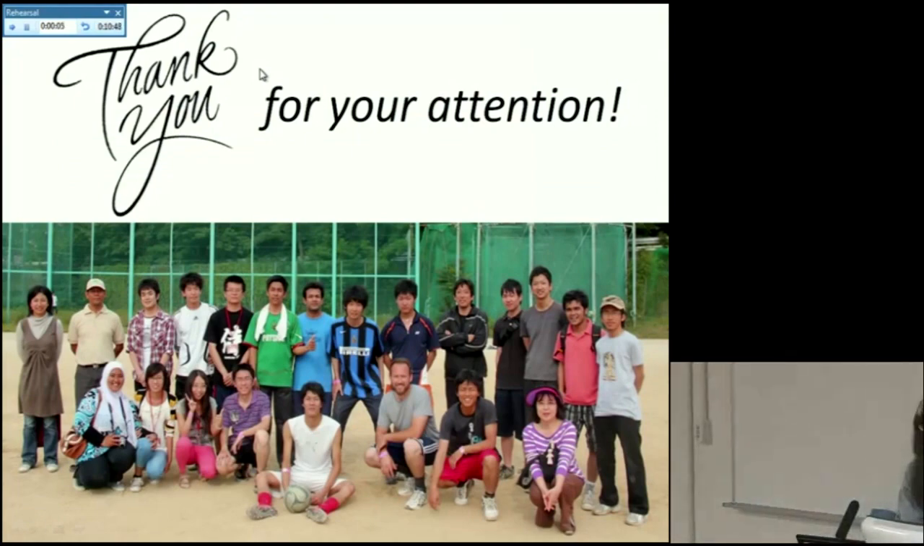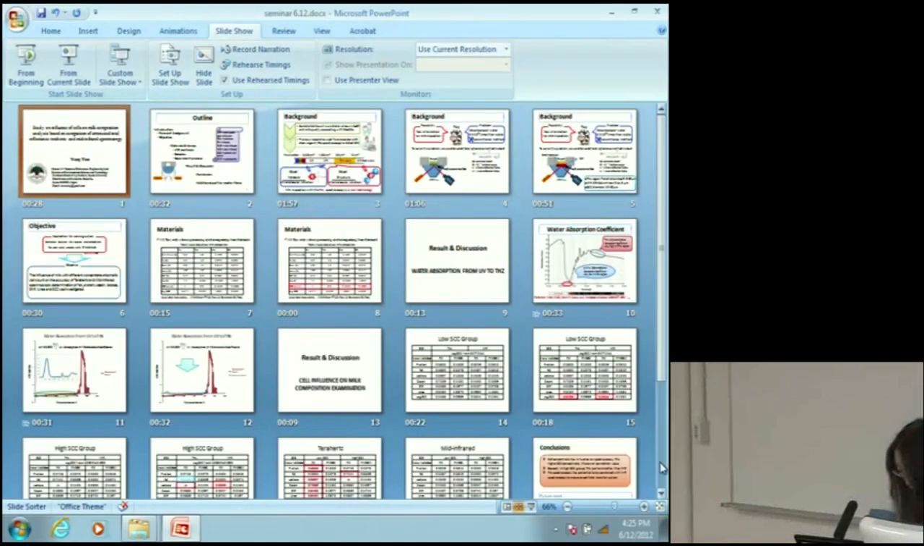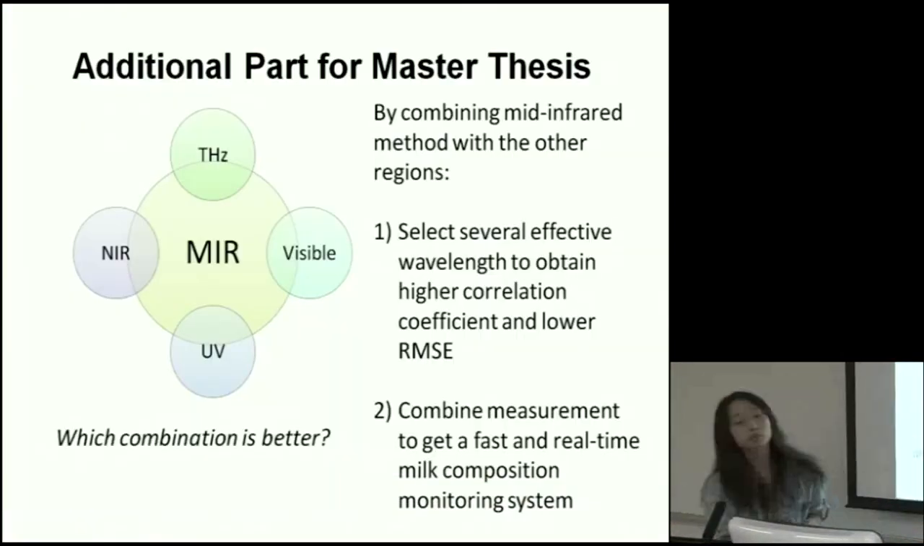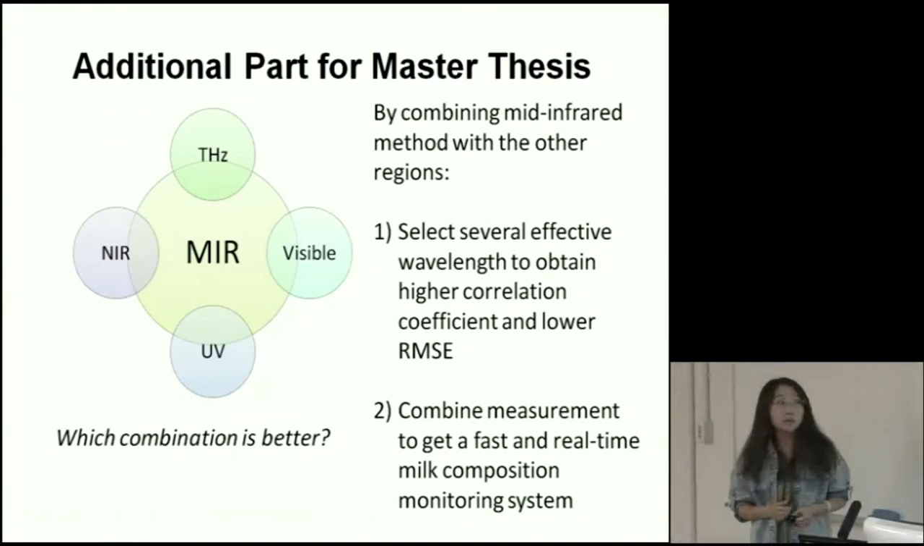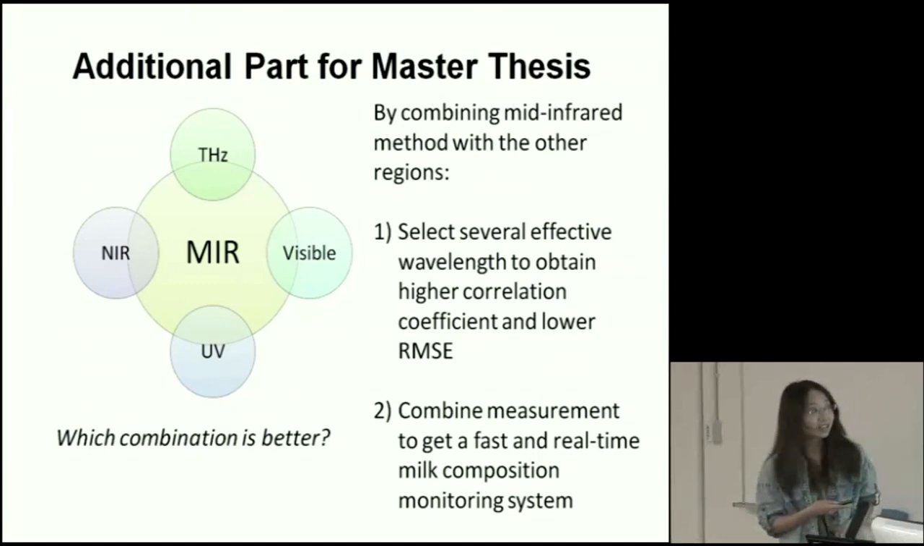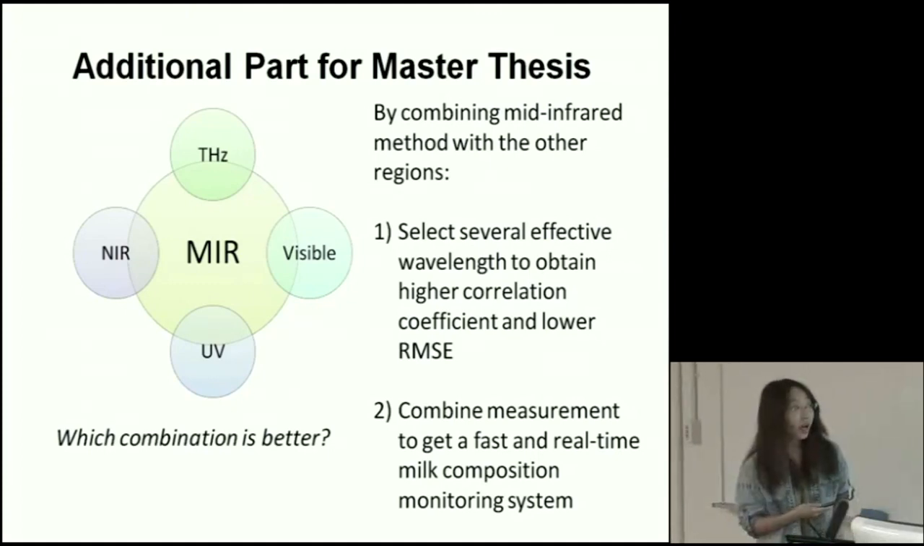Now I have time, so I will show the additional part. This is the additional part of my master thesis. Just now I talked about the main part of my master thesis, and in the additional part, because I measured a very broad range from UV to terahertz, I want to combine the mid-infrared with terahertz, NIR, UV, and visible regions. First, to see if we can select several effective wavelengths to obtain a higher correlation coefficient